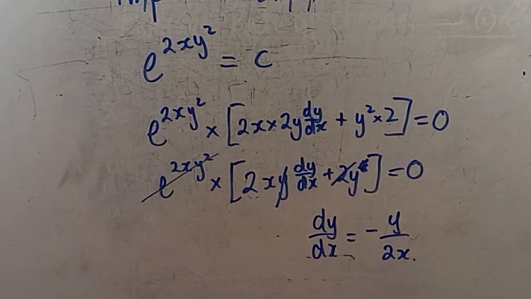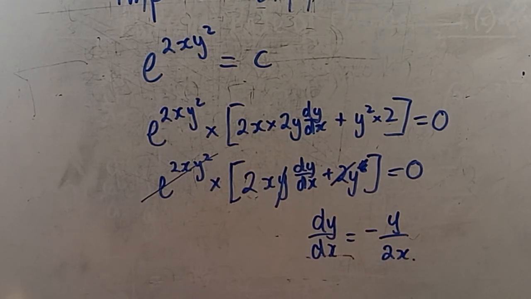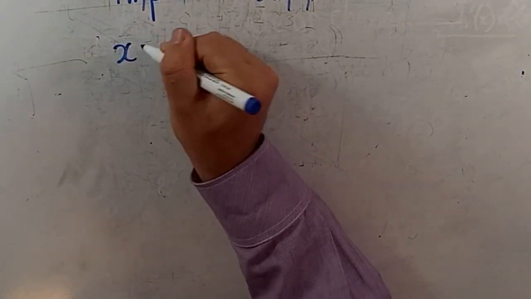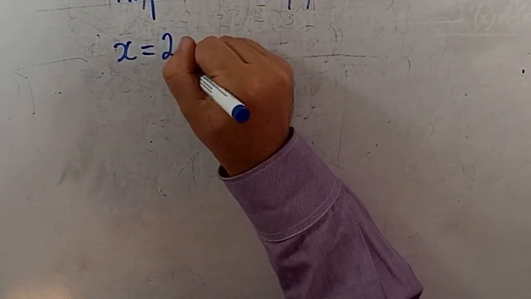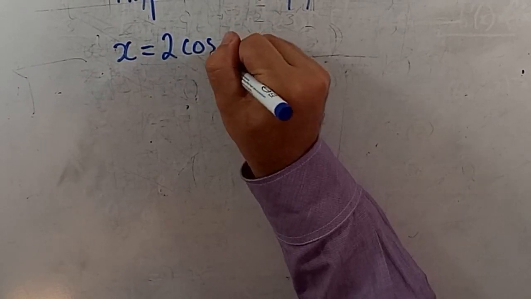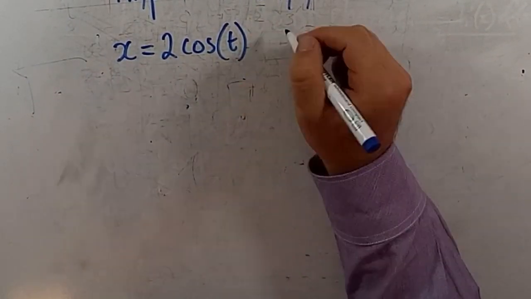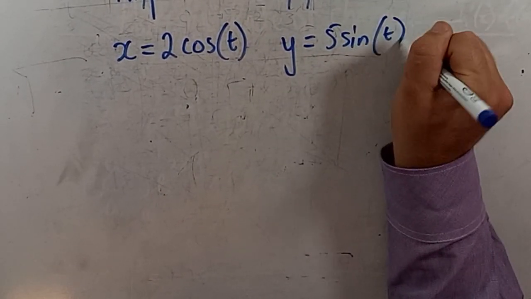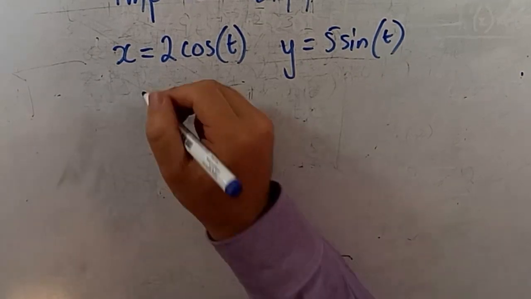Okay, what else do we need to talk about? We're going to do a quick parametric equation one. Let's do one with parametric equations. Okay. So if we've got our parametric equations for x and y, let's go with x equals 2 cos t and y equals 5 sine t. Okay. Now, we want dy/dx,